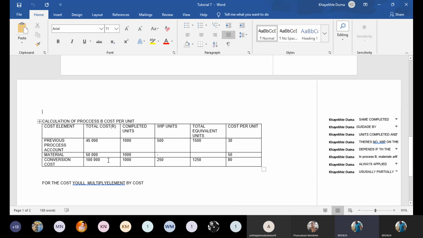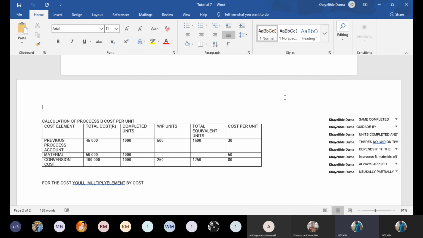And then units that were completed usually. And then when it comes to this part, guys, I remember last year, the only time we wrote about process costing, it was on test 2, but then it came exactly like this tutorial. So they just quoted the tutorial, and then we never wrote anything about it. I don't know if it will ever come, because honestly, this unit 7 is another pandemic on its own, but then we are going to do it. We are going to make it. I know that you guys are going to make it.